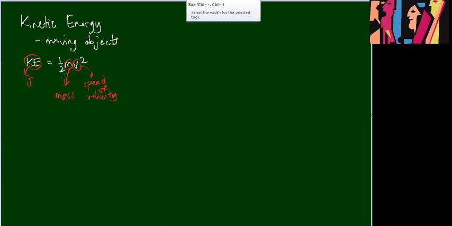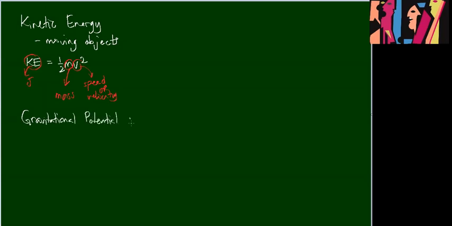The other energy that we looked at was gravitational potential energy. Gravitational, from the name gravity, force of gravity, potential energy. We say potential, but in physics, we mean stored. It has the potential. It has the ability to do something, and it has the ability to perform work. It's stored energy. And this gravitational potential energy is energy stored